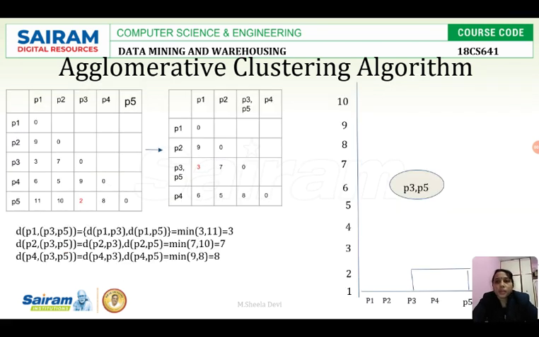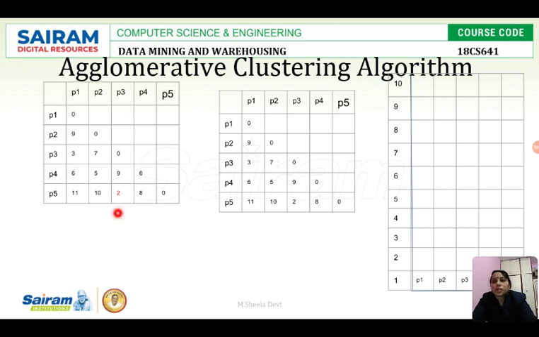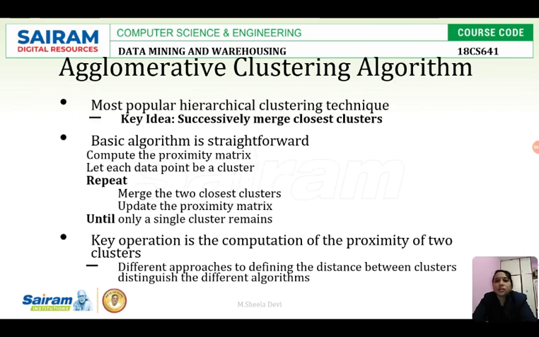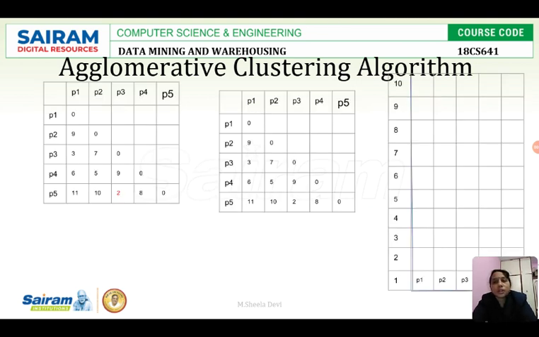cluster. So I'm taking this example. See, I have data points. I have the distance between P1 and P2. That is, this is the matrix of the distance between every data point in the data set. So I have a proximity matrix which we have seen in the algorithm. See here, compute the proximity matrix. So first I have to calculate the distance between every point and I have to create the proximity matrix. Okay, so once it is done with the help of the similarity and dissimilarity measures, we have created this